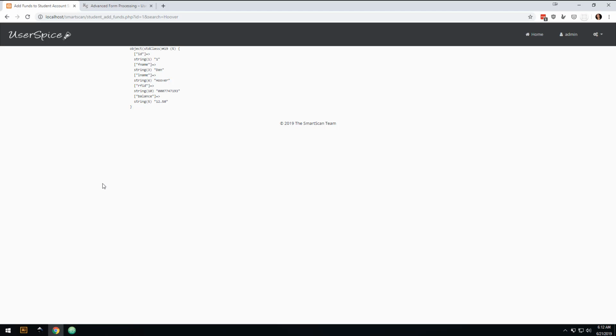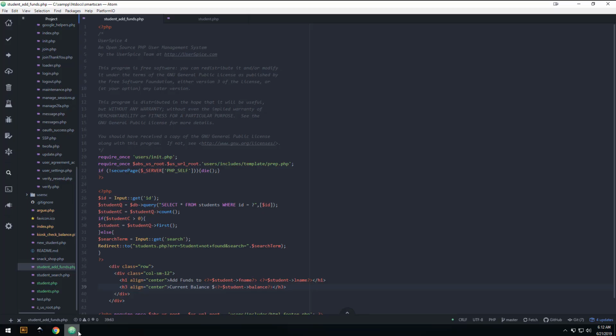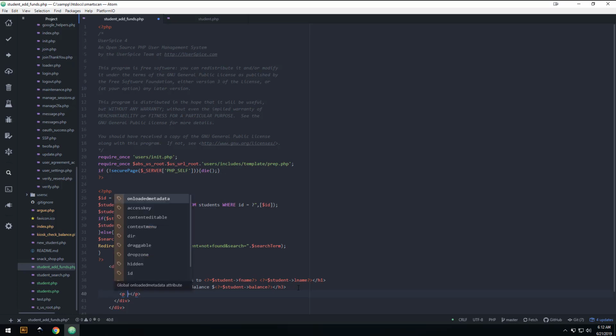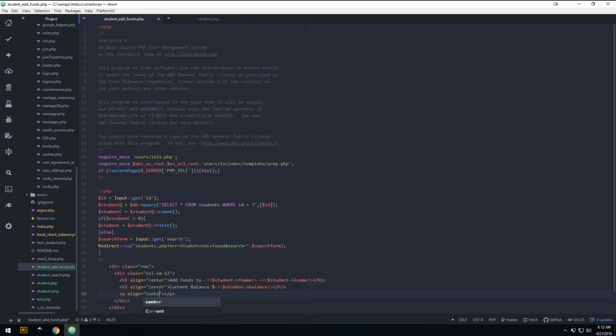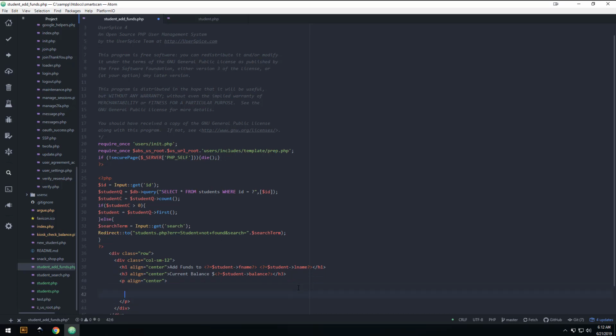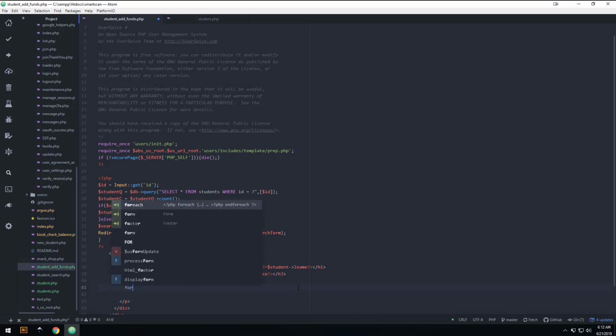So if I come in here and refresh the page now, we have add funds to Dan Hoover, current balance $12.50. That looks fantastic. So we're going to do a manual form here. We're going to make our own form. And let's put it inside of a set of paragraph tags just to keep it centered. Align equals center. And what we're going to do is just type in the word form